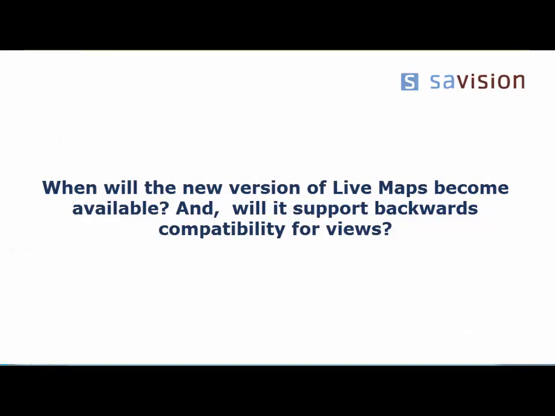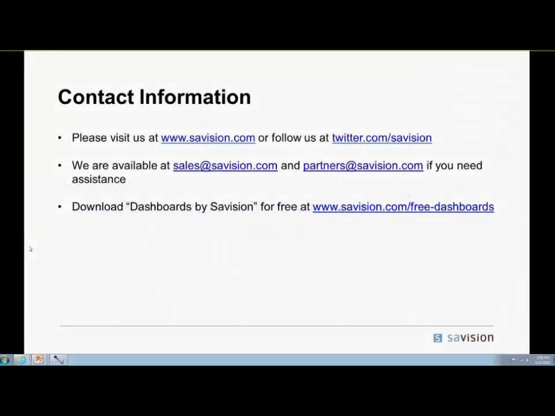When is the new version of Live Maps going to be available? Live Maps 7.4 will actually be available with Ignite as well. If you follow Savision, we try to do everything with the big Microsoft shows, so we're going to have rollouts of our products in time for Ignite. Live Maps adds a lot of nice new features, and it should be backwards compatible, yes. And going forward, of course, we'll be showing more and more of the Live Maps views backwards compatible as well